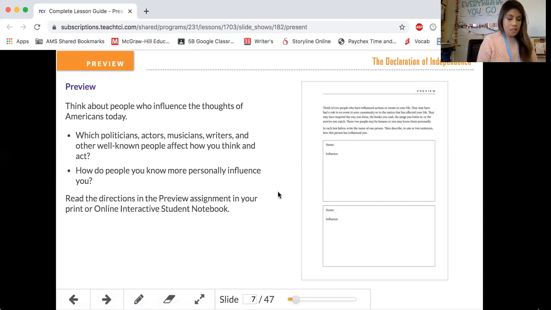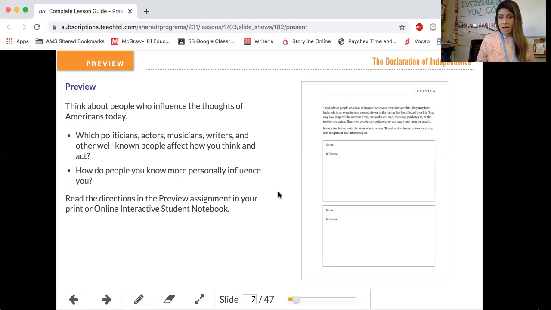Read the directions in the preview assignment in your interactive student notebook. So page 73 at the top, it says, think of two people who have influenced actions or events in your life. They may have had a role in an event in your community or in the nation that has affected your life. They may have inspired the way you dress, the books you read, the songs you listen to, or the movies you watch. These two people may be famous,